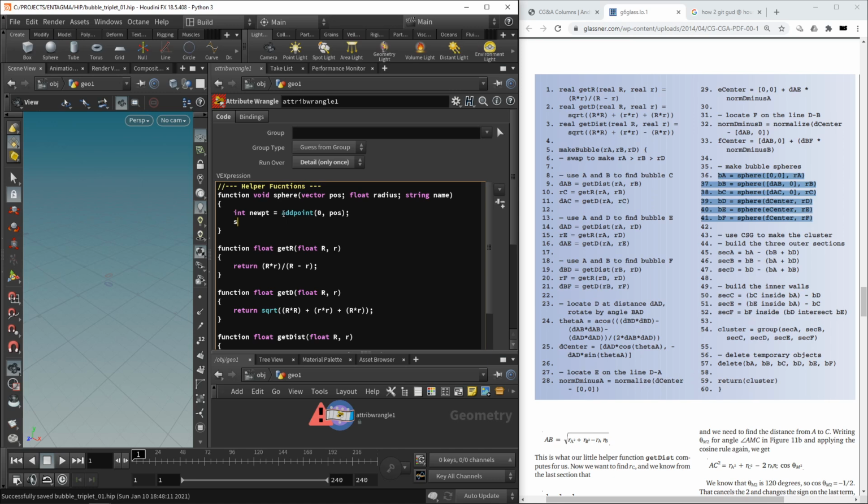So let's create that, and setting it using the setPointAttrib function. On our current geostream, we want to set a point attribute called pscale on our new point, and it should have the value of radius. So we're just pushing this radius value into a point attribute called pscale here. And finally, we want to create a point group called name and tell Houdini that this newly created point is part of that point group